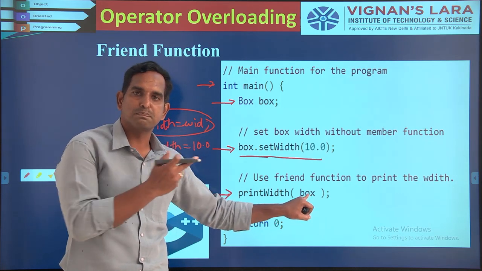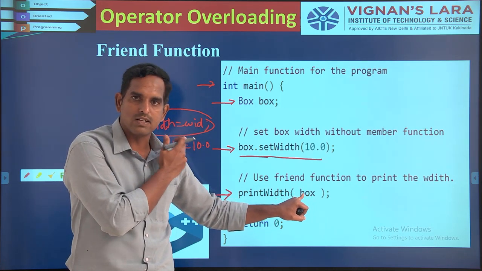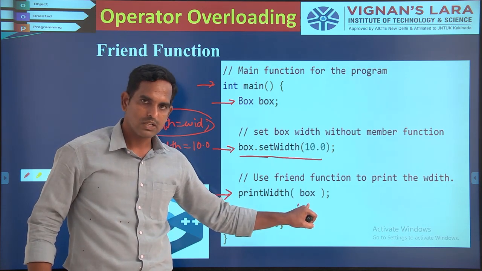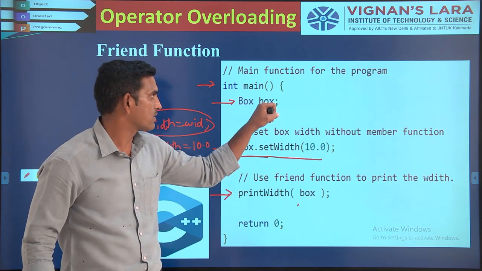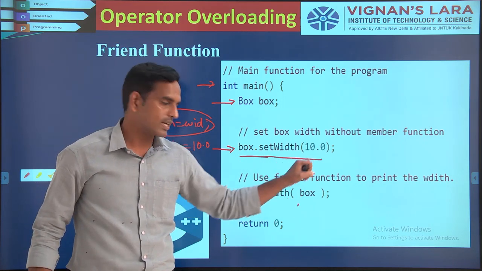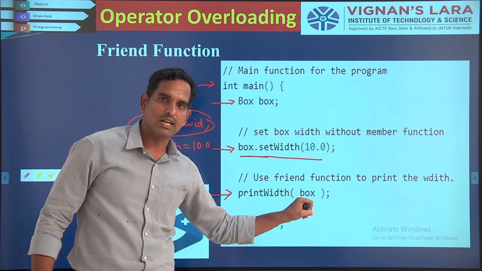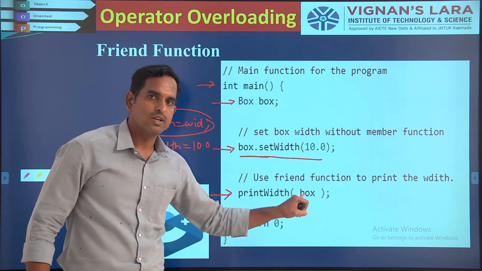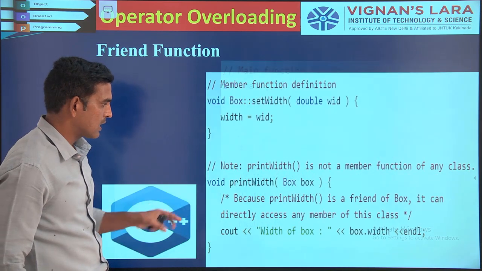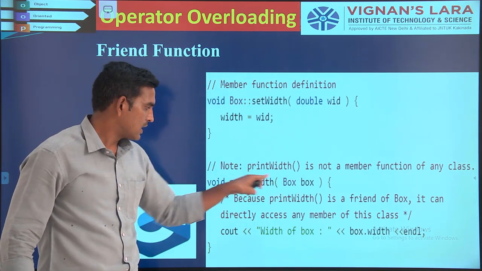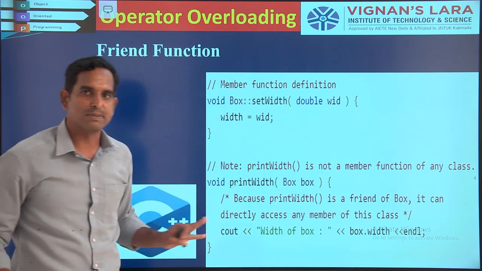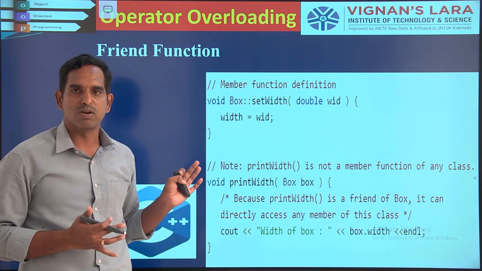So since you have specified the argument as your particular object, I am passing the particular object as argument. So I have created the box and I have initialized the particular width to 10. Then I am passing that particular object as argument. Now what will happen? You are passing the particular object, and this object will go here and try to access the box dot width, and it will print 10 as the width of the box.